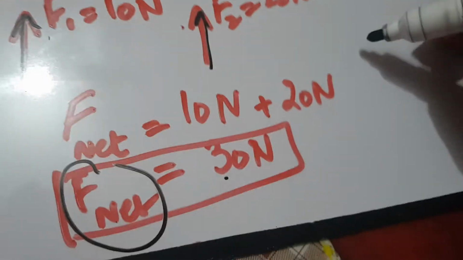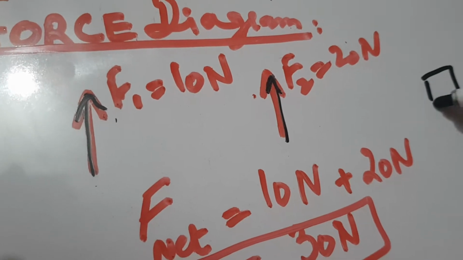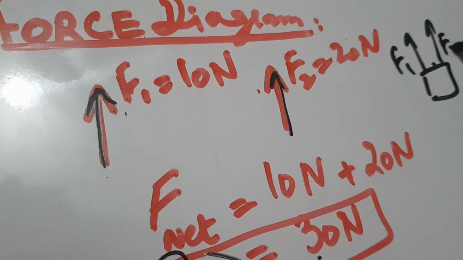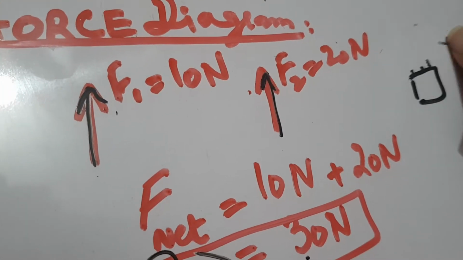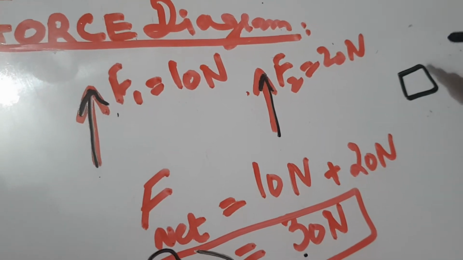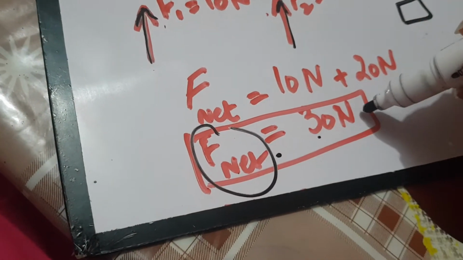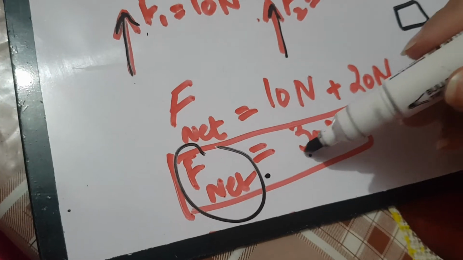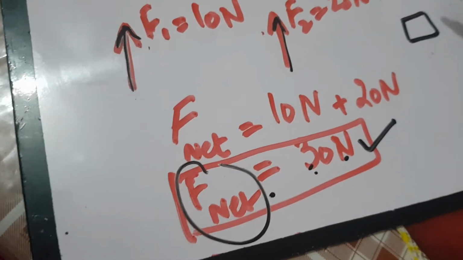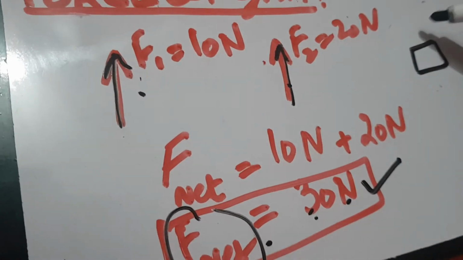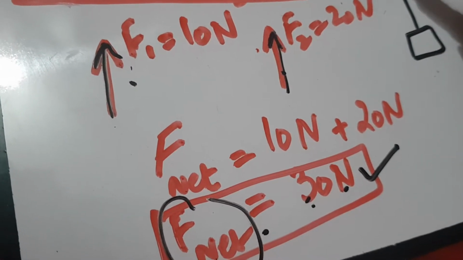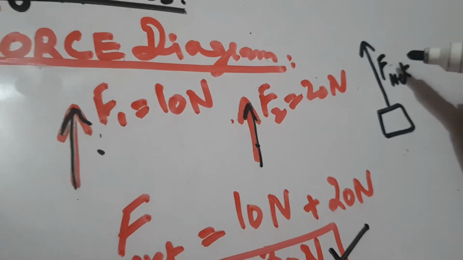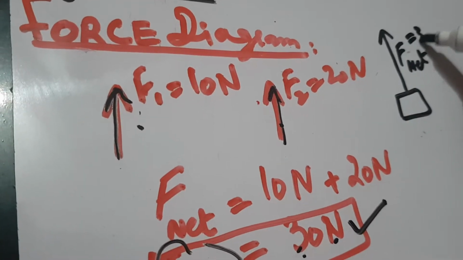For example, here is an object, and in this object these two forces are acting, F1 and F2, and if you add these two forces, you don't need to draw two forces on this object, you can just draw this net force. Mathematically you can add by simple addition, and algebraically you can also add by simple addition, but you have to use certain logic when adding these two arrowheads. I will draw a big arrowhead which will represent the F net force. F net force means total force, the sum of all the forces. So the total force acting on a body, this F net force, is 30 newtons.